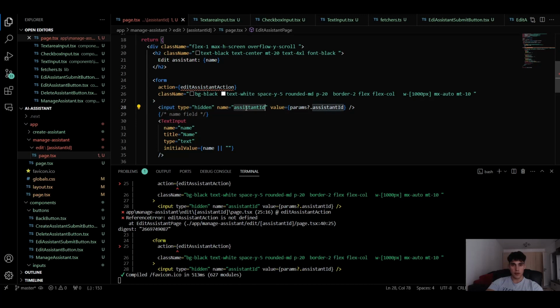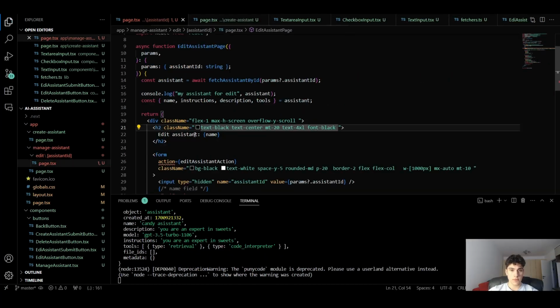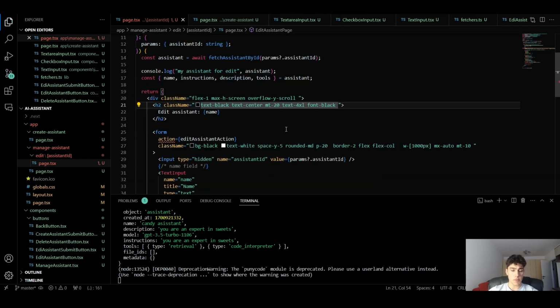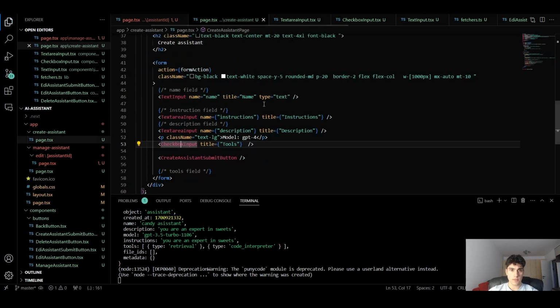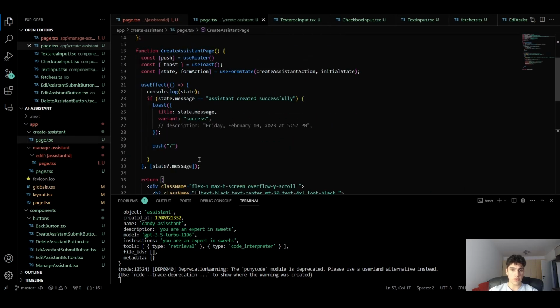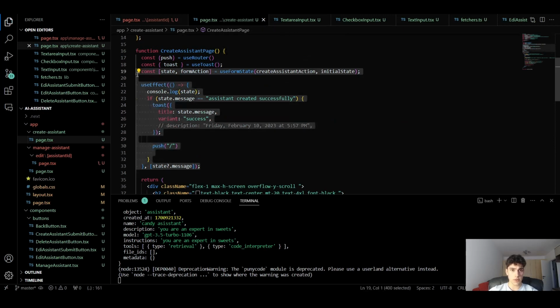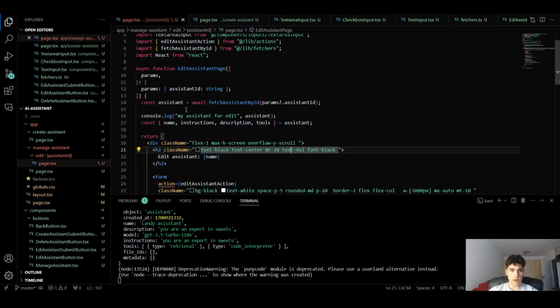Alright, so we're gonna have the assistant ID as well. Now inside the edit assistant page, I want to do the same like create assistant page, and for that here I need to show a toast when the edit is successful. Let's copy this code and going back here,